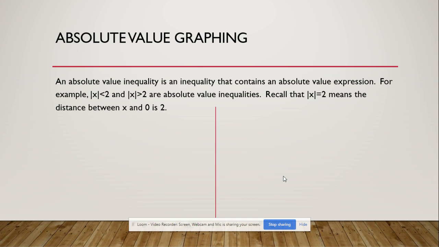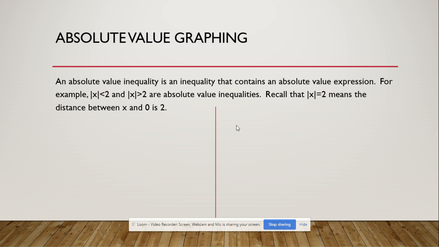So an absolute value inequality is an inequality that contains an absolute value expression. For example, absolute value of x is less than 2 and absolute value of x is greater than 2 are absolute value inequalities. An important thing to remember about absolute value is that the absolute value represents the distance